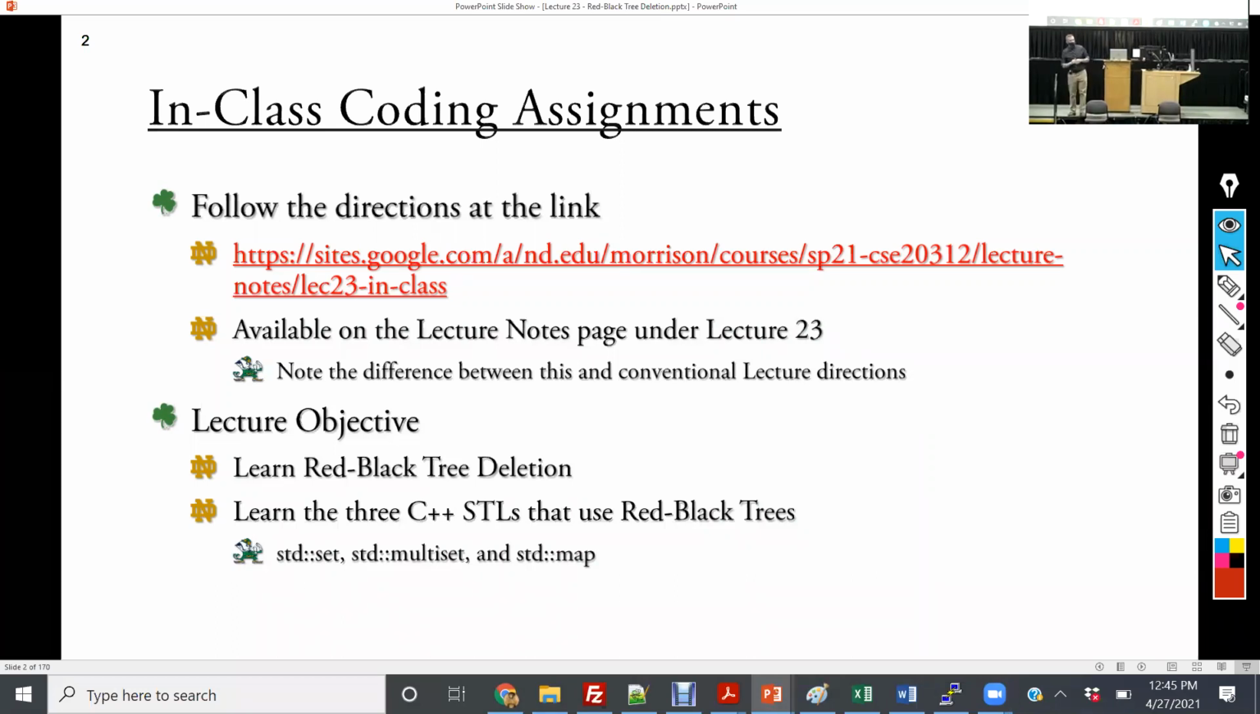So we're going to start today. We're going to continue on red-black trees. We are going to dive into red-black tree deletion. And then we are going to go over 3 specific libraries in the C++ STL that utilize red-black trees as their underlying data structure. So we're going to see aggregation, but we're also going to see how to implement deletion and how we can